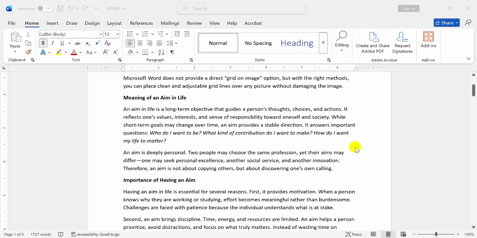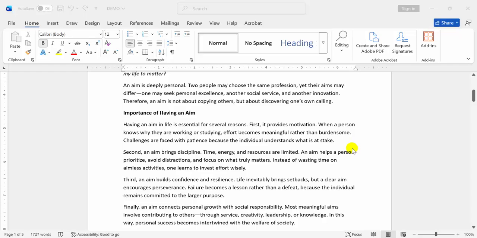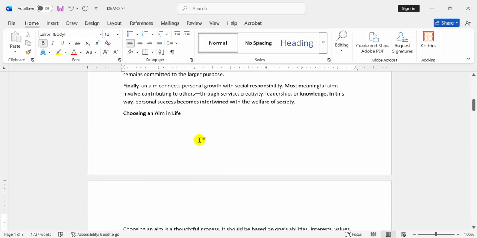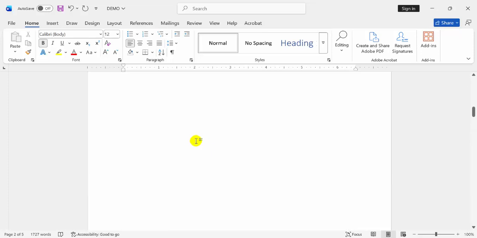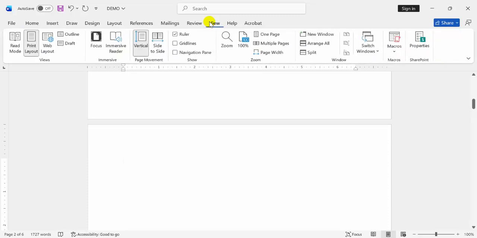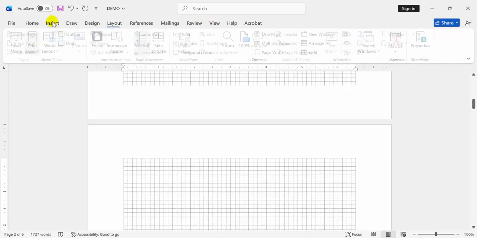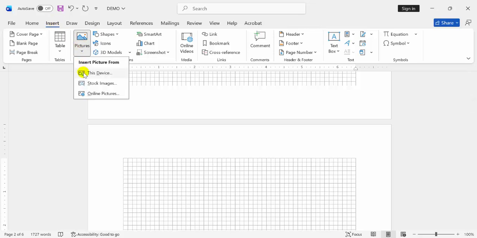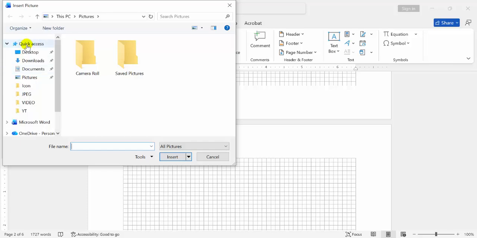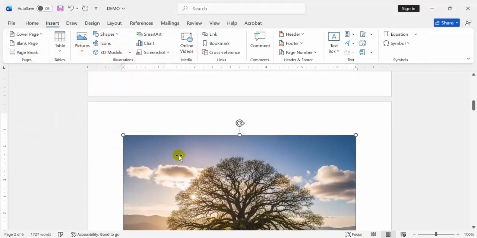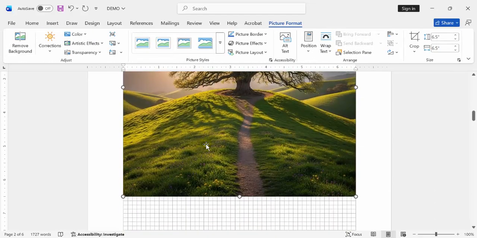So let's get started. You can see here a document. Now I am creating a blank document. Press Ctrl+Enter on your keyboard. Then we can see the blank page. Now I go to the View menu and we can see the gridlines. Now I enable the gridlines and go back to the Insert menu, select Picture and choose This Device. Now I select a picture from my desktop. Now I select this picture and click Insert, but the picture doesn't